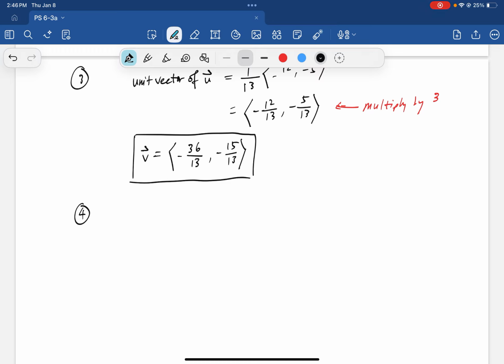Okay, next, find the magnitude and direction angle of this vector here. So,